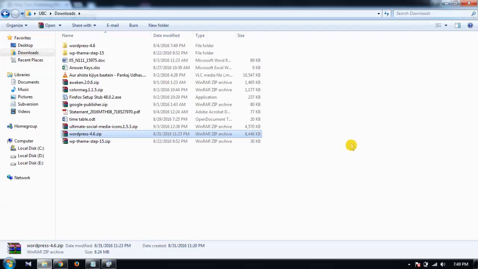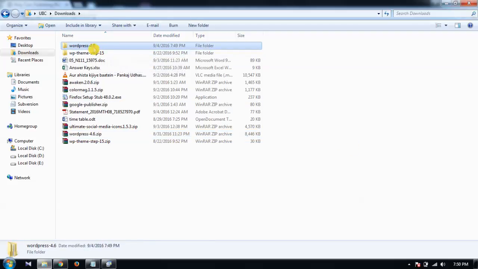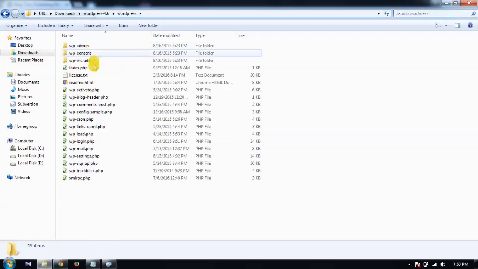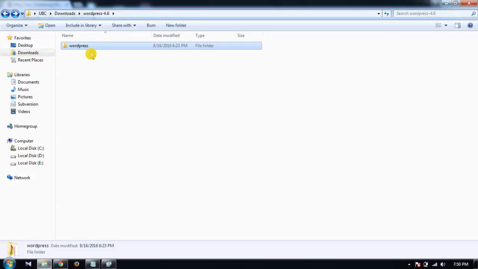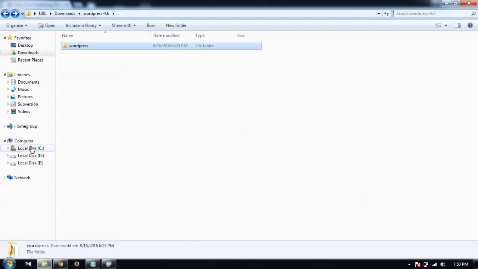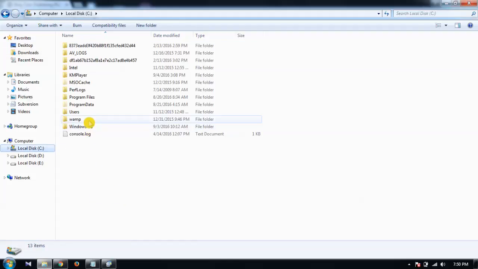Okay, so extraction has been completed. So here we have created a folder. It has created a folder WordPress-4.6, and inside this you can see that a folder is there called WordPress, and inside the WordPress there are some files and folders. So what we need to do next is just right click on the folder and copy it and go to your WAMP server,